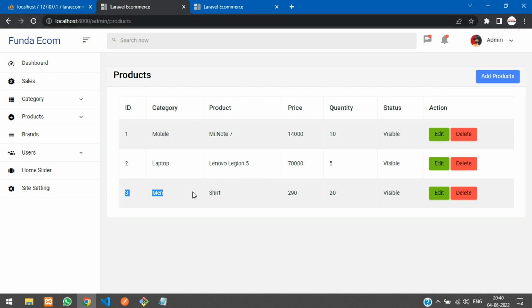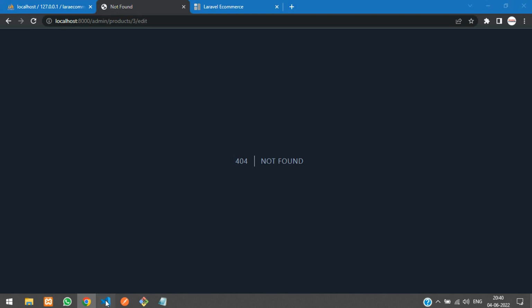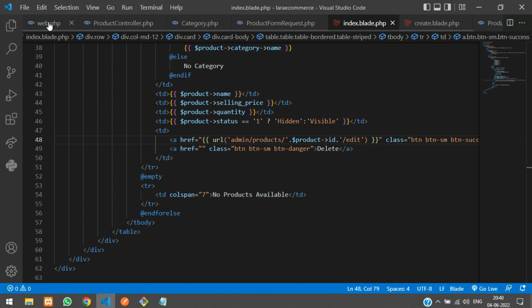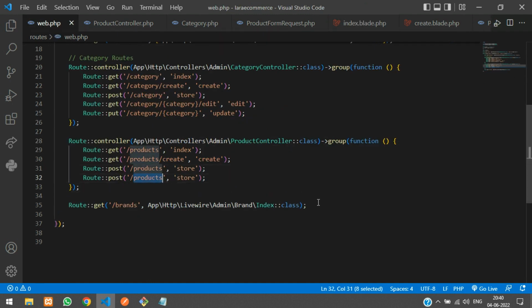Now let me click on this ID number 3, men. Here you see the route. Perfect guys. So now let's create the route for this. You can go to web.php and you set up that products